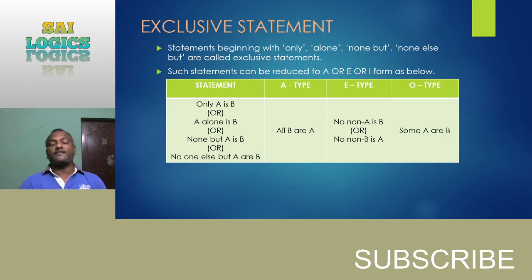Are to be converted as some not. Condition 3, positive statement with words like scarcely, few, rarely, little, etc. to be converted as some not. And case 4, negative statement with some exception to be treated as some not. So this is the overall subject till now we have discussed, and now the very important part, that is exclusive